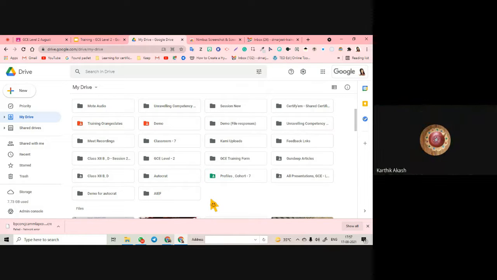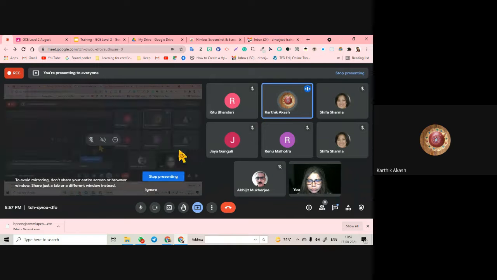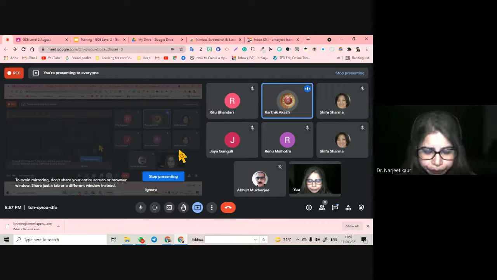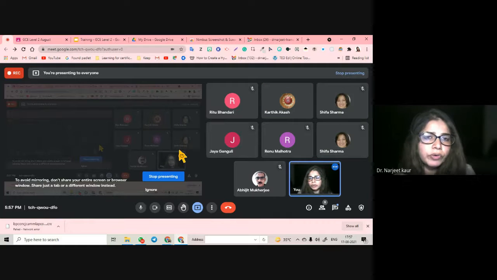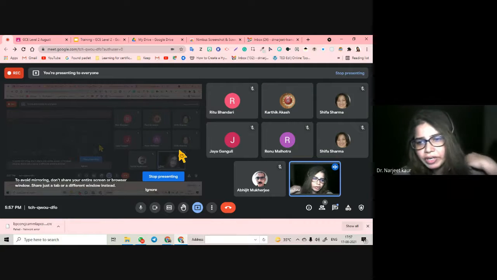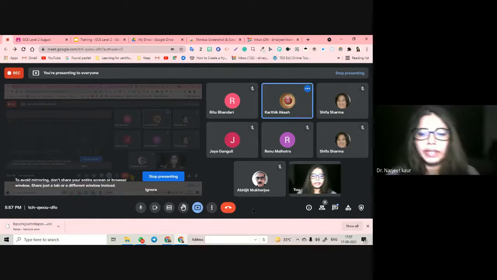And in the computer, it is under OneDrive or whichever drive, or it is in Google Drive. Actually, I'm getting it in Gmail itself. It is 97% storage full. In Gmail, that means your drive is full. Your Google Drive is full. So you have to delete the files from your drive. Okay. Yeah. Thank you.